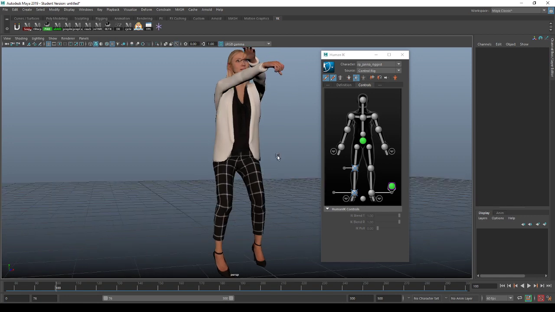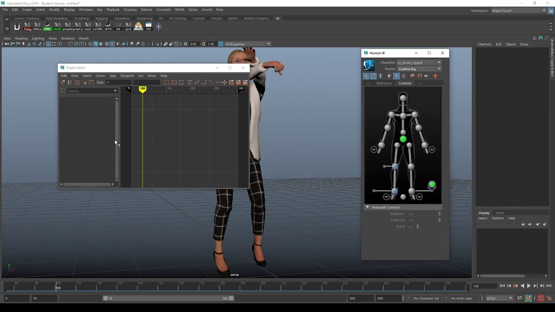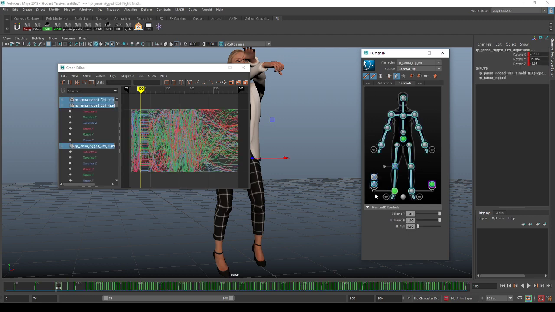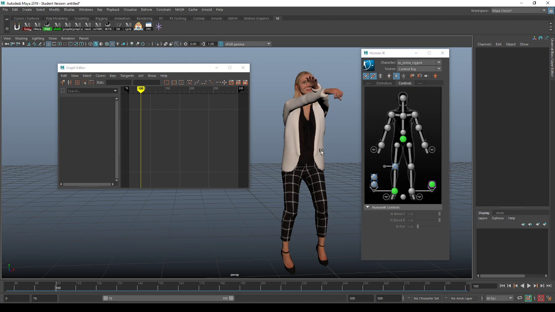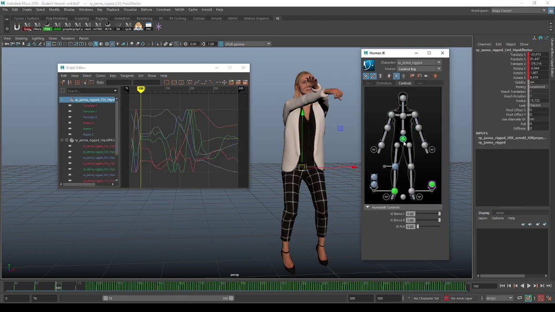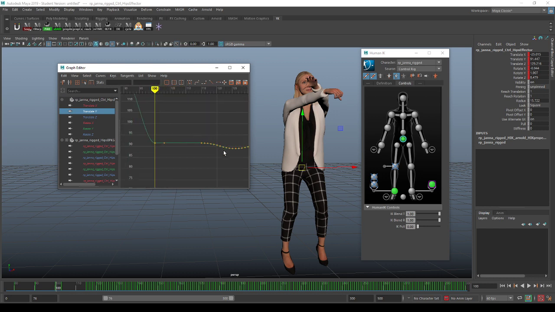Let's go to graph editor next and take a look at the FKIK function of the graph. The graph of the FKIK curves on the human IK. Right, as you know, normally,